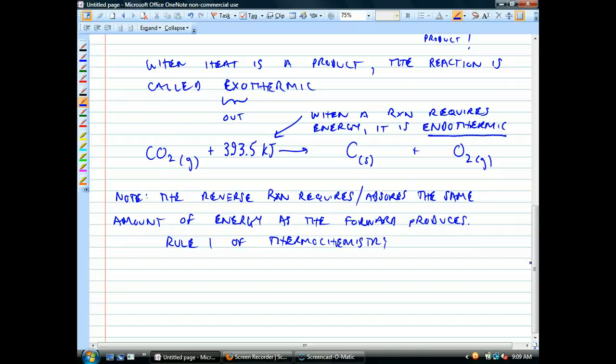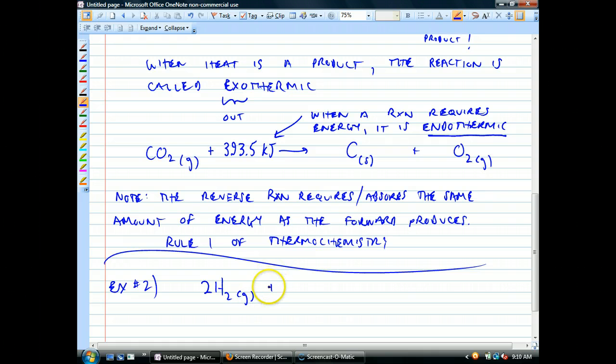Let's get some more examples here. All right, let me give you another example. This is one that you saw in the laboratory: 2H2 gas plus O2 gas yields 2H2O liquid plus, let's see,